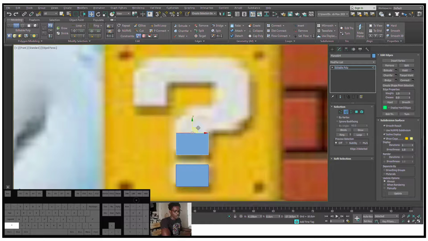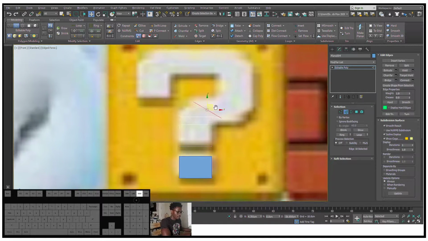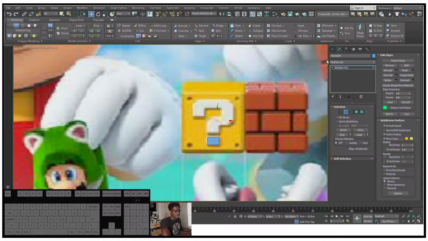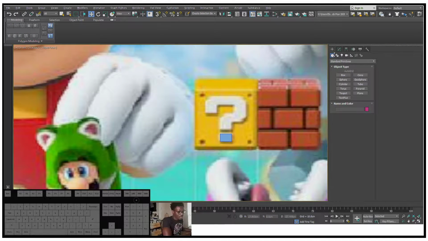And I'm going to hold down Shift, and I'm going to begin to drag. If I hit Alt and X, I get an X-ray view. So now I'm just going to hold down Shift, drag. If I hit E, I can rotate, right? And then I can just start making our shape here. All right, so this is one way to do it, and another way is I'm going to use a spline